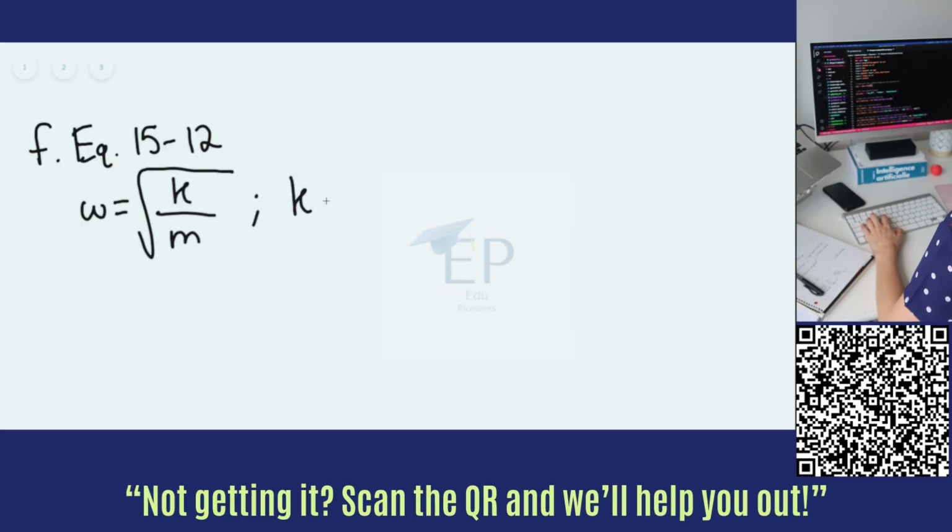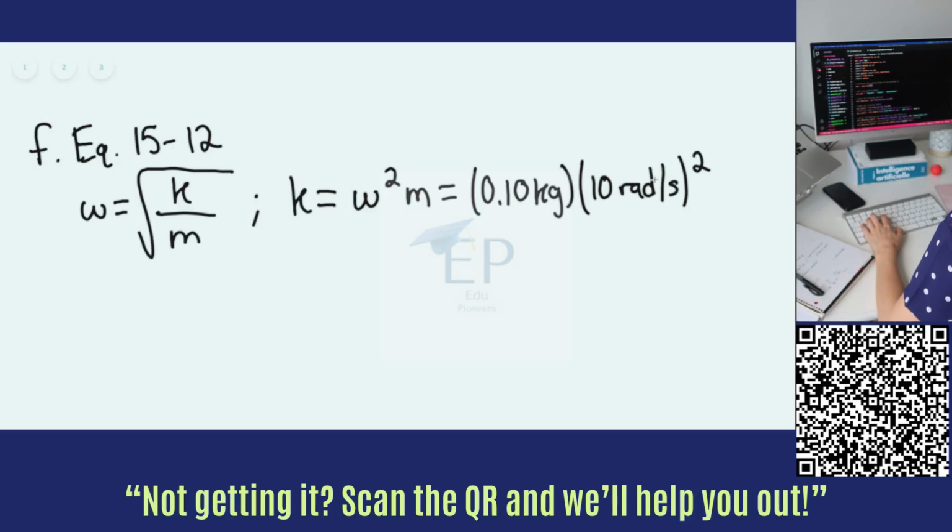And so the spring constant is going to be equaling omega squared times m, and this is going to be equaling the mass we know to be 0.10 kilograms multiplied by 10 radians per second quantity squared, and the spring constant is then giving us 10 newtons per meter. We can then use Hooke's law,